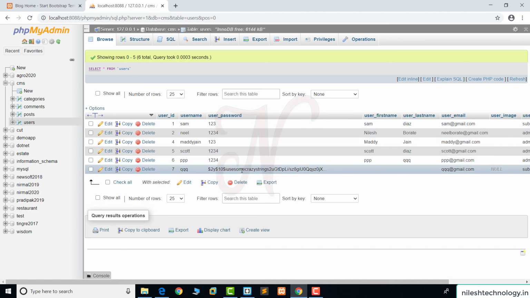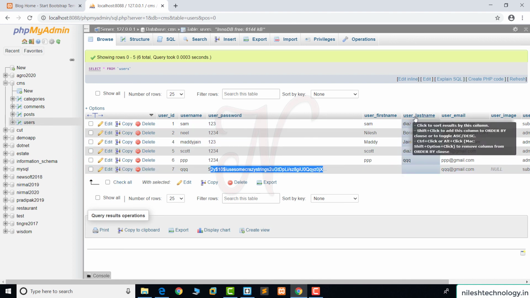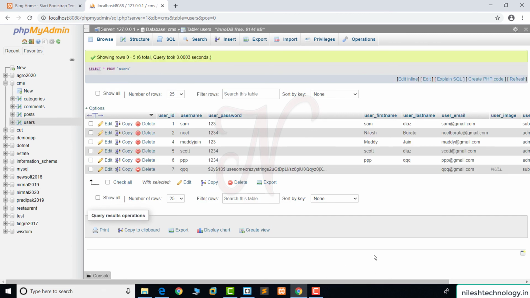Initially first name and last name were null, so not an issue. So we add this code later. Here initially we insert this value successfully.